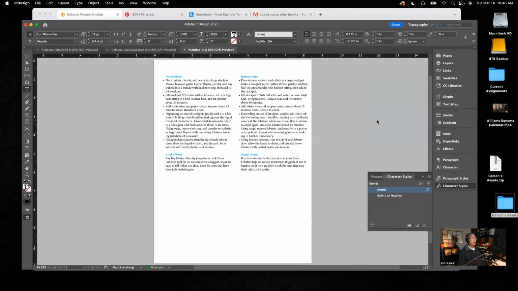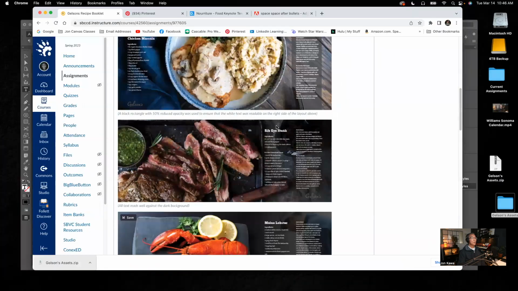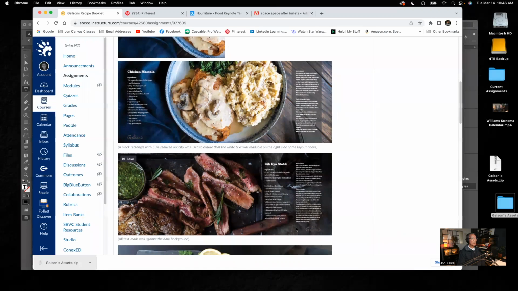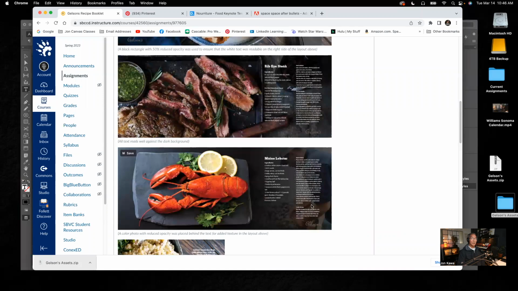So you're going to find out that you have recipes for the chicken marsala here, instructions, a bulleted list here. You're going to have a bulleted list for the ribeye steak, and you're also going to have a bulleted list for the Maine lobster. So again, that paragraph and character styles are going to come in handy in this. All right, so with that,